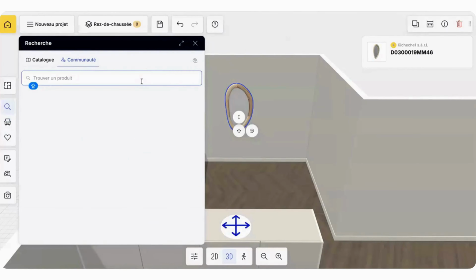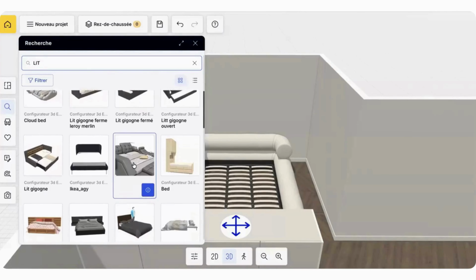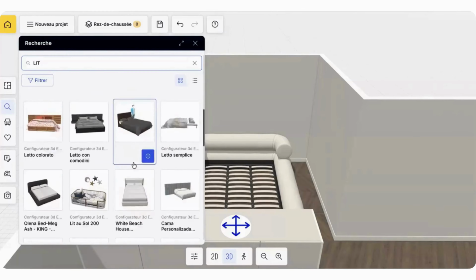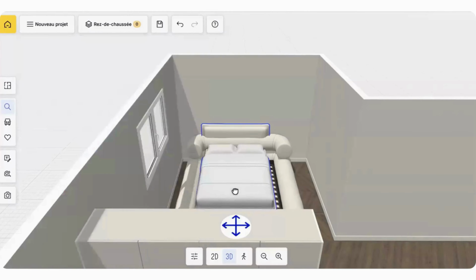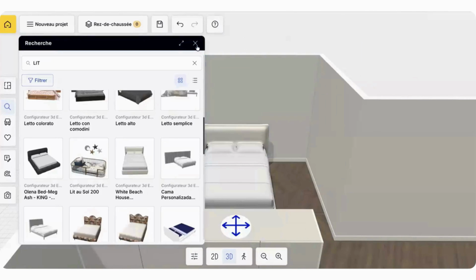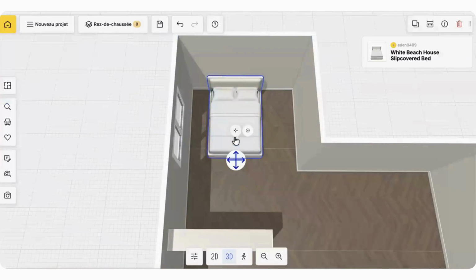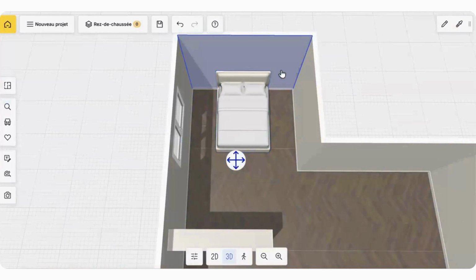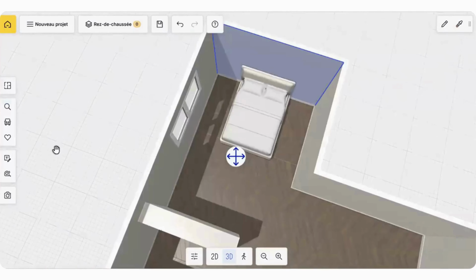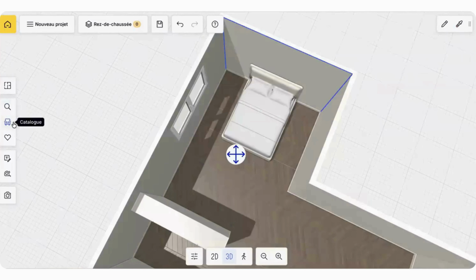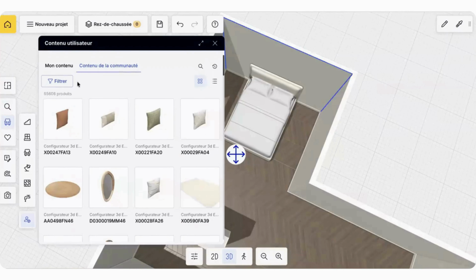Here, you have a search bar that lets you look up beds directly. You see, there are several different beds. All right, let's add this one and delete that one. Perfect. I'm going back to the community content. There we go. And now I'll show you how